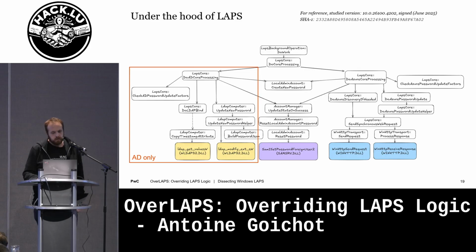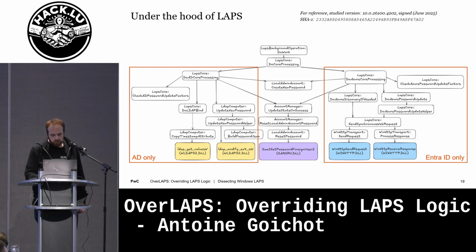On this side, we have functions that are Active Directory only, because we can see some references to DLLs that are doing some LDAP stuff. On the other side, we have functions that are Entra ID only, using the WinHTTP DLL. And in the middle, there are functions that are shared by both sides, and it's basically to create a new random password and to set it on the local system.